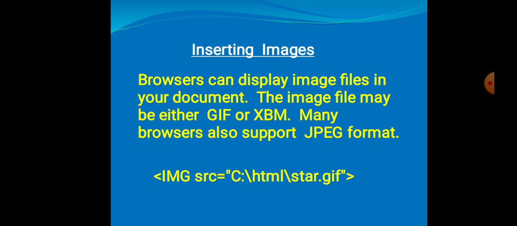So to display an image, we need a command, that is a tag. img is the tag in HTML which is used to display the image on a document. img is the tag and src is the attribute. What is the src? src specifies the path, that is the location of the file, where the image file has been stored. It specifies it so that the browser can easily find the image using this path, and the image will be displayed on the browser.